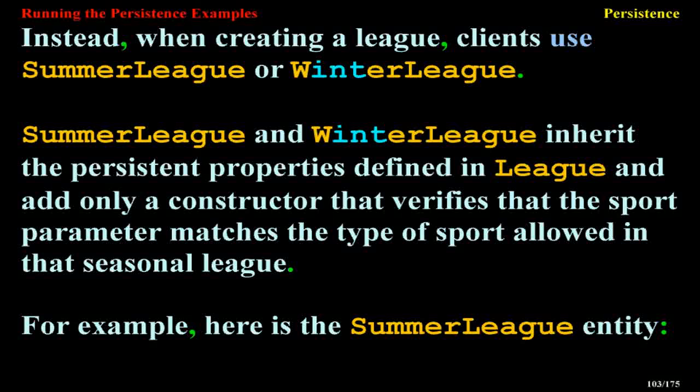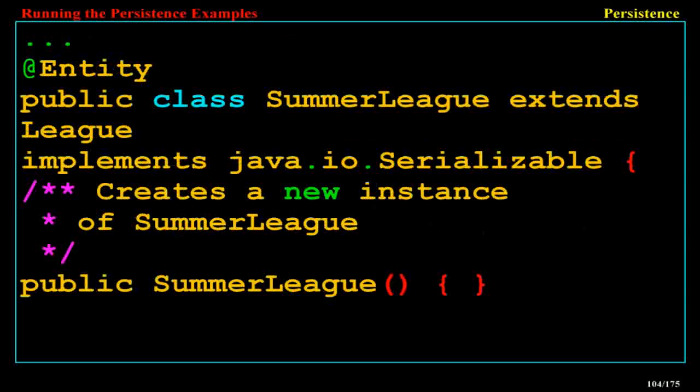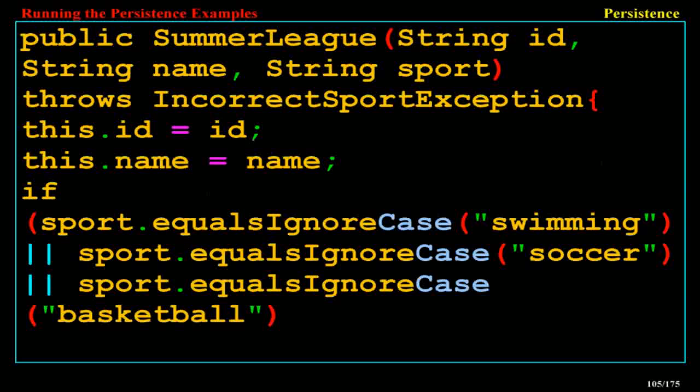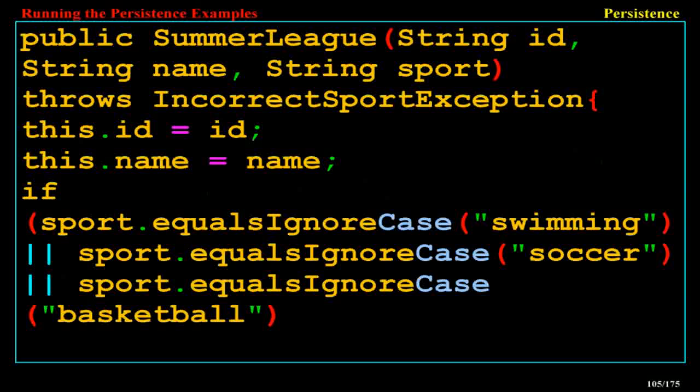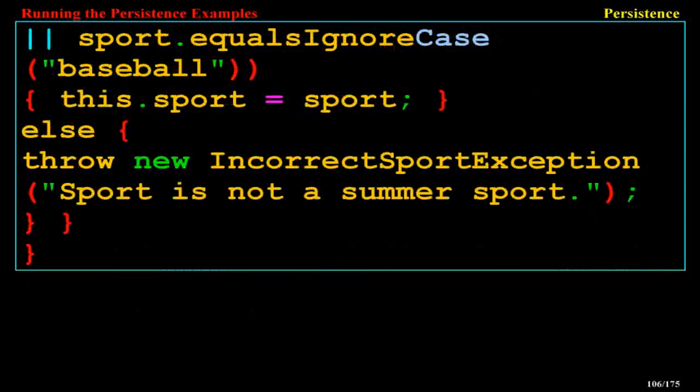For example, here is the SummerLeague entity. @Entity public class SummerLeague extends League implements java.io.Serializable { /** Creates a new instance of SummerLeague */ public SummerLeague() {} public SummerLeague(String id, String name, String sport) throws IncorrectSportException { this.id = id; this.name = name; if (sport.equalsIgnoreCase("swimming") || sport.equalsIgnoreCase("soccer") || sport.equalsIgnoreCase("basketball") || sport.equalsIgnoreCase("baseball")) { this.sport = sport; } else { throw new IncorrectSportException(sport + " is not a summer sport."); } } }